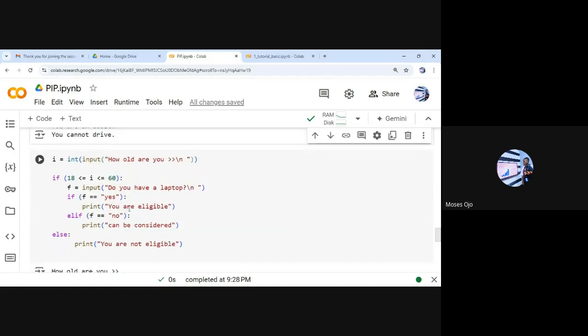The second example is: i equals integer input, "How old are you?" Here you will put your age. Now, if age, look at this one very well: if 18 is less than or equal to i. Let's just take, for example, when you were trying to register for this Python for data analysis class,